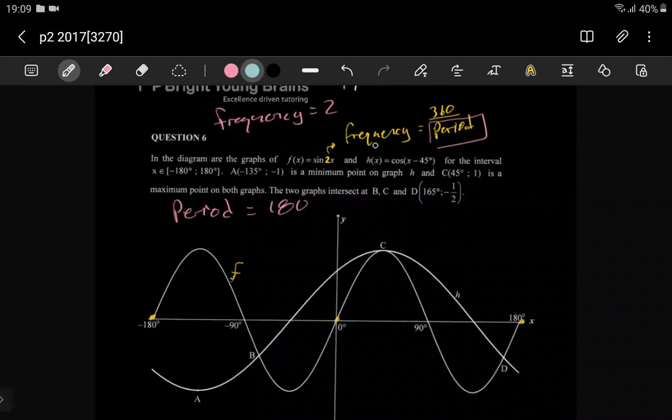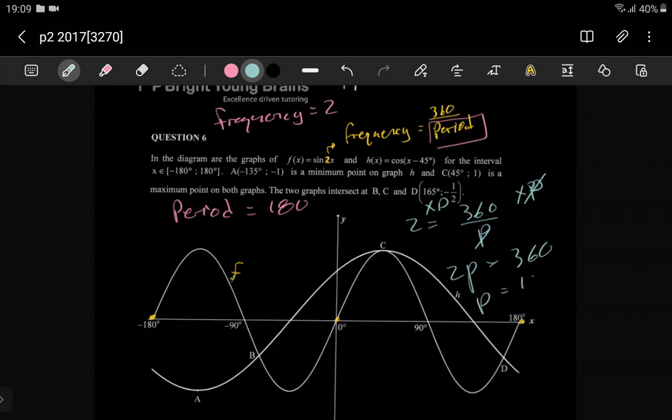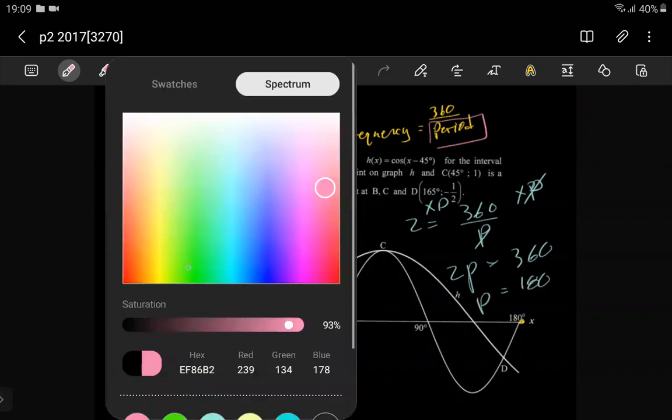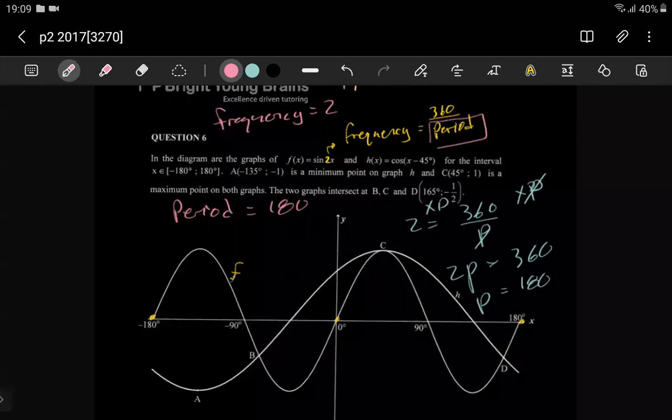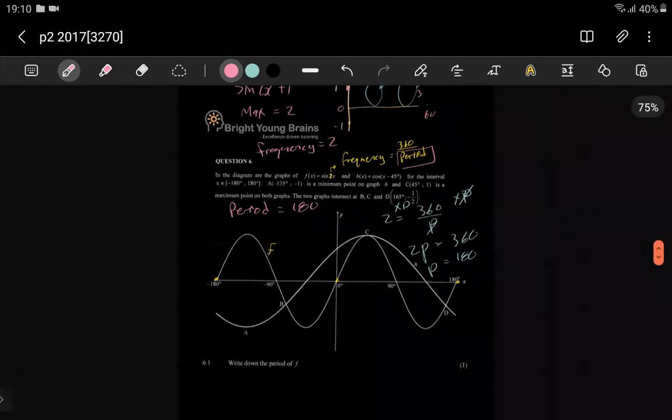Frequency is 2, so if you need the period, you'd say 2 times p, and these p's cancel out, and then you'd have 360. Divide by 2 on both sides, you'd have p is 180. So if you don't have a picture, you'll always be able to work it out algebraically. Anyways,